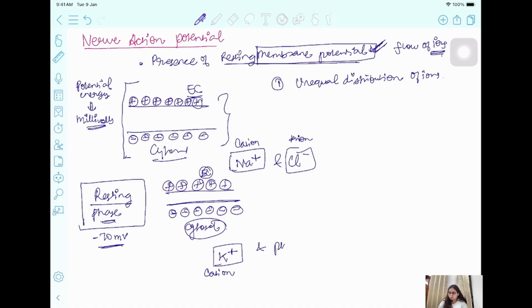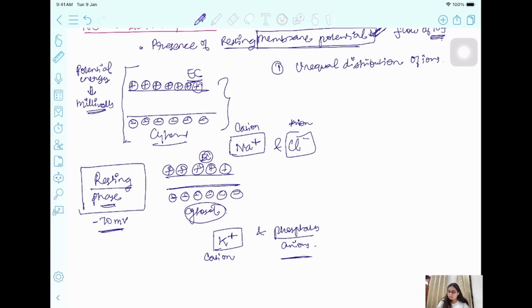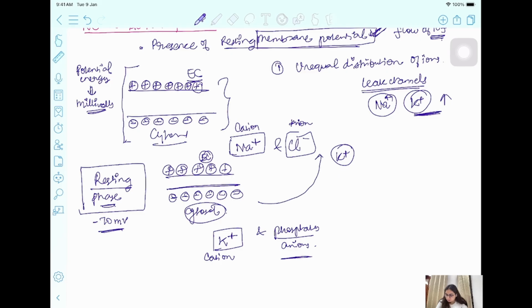And also phosphates, which are the anions. As we have already discussed the presence of leak channels, which are more in case of potassium, and also they are more leaky than sodium. So what happens is the potassium moves out of the cytosol towards the extracellular space, and the extracellular space then